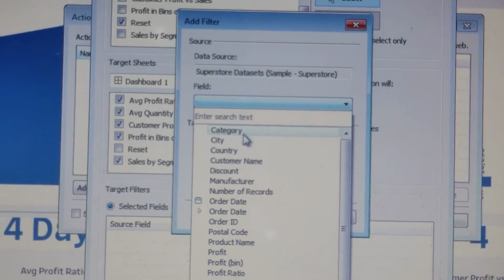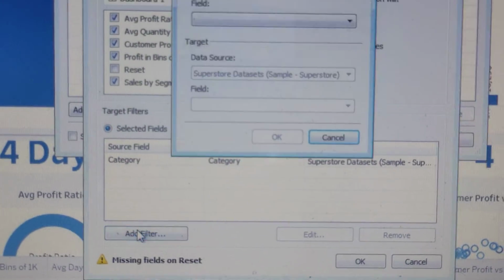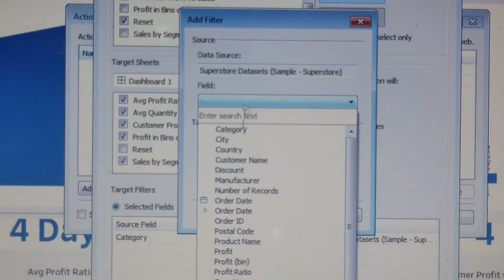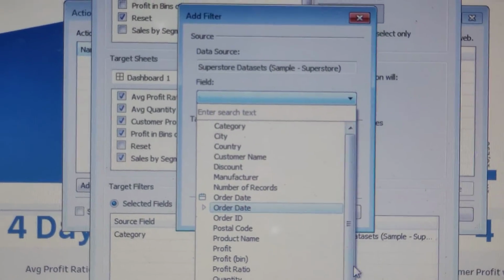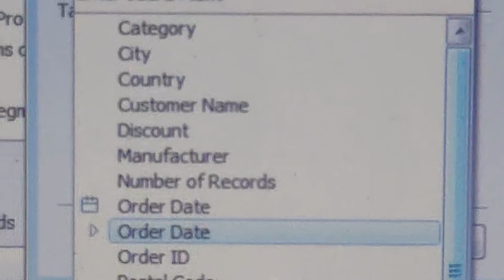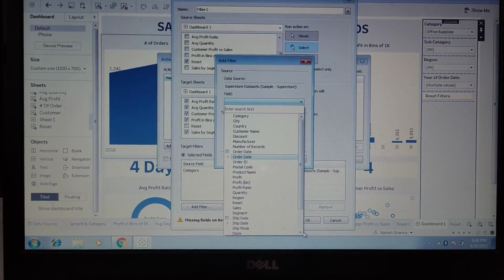We have the category filter, then we have the subcategory filter, so we select subcategory from here.